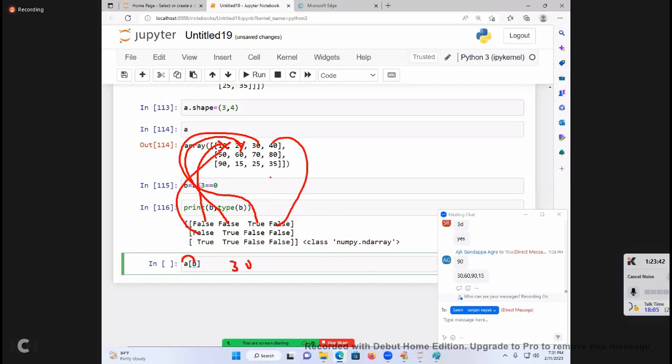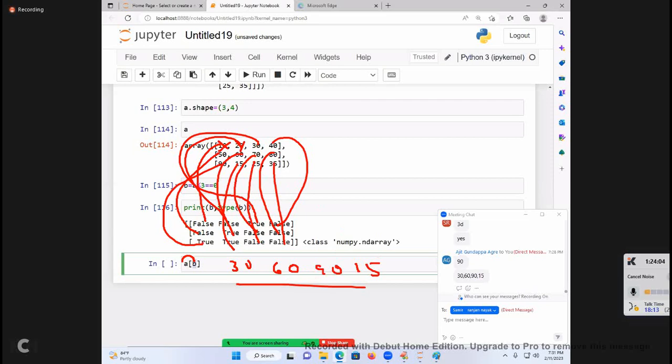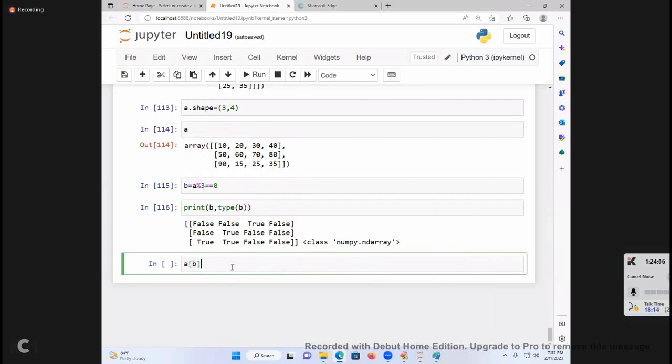Corresponding entries will be applied. 60 not printed, 70 not printed. 90 true, 15 true. 25 to false, not selected. 35 to false. These are the elements selected. Print it.